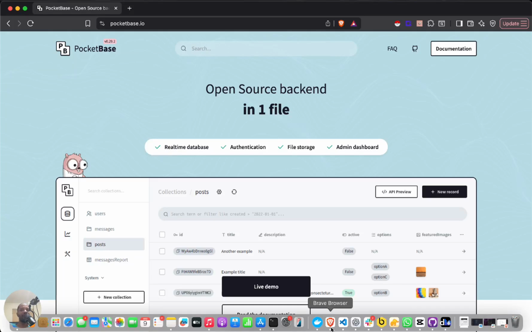Greetings. In this video, I'll be talking about Pocketbase, which is my favorite system for building the backend for an application. So what is Pocketbase? Pocketbase is basically a